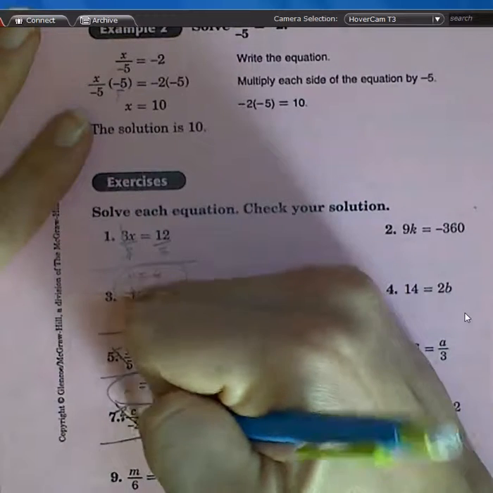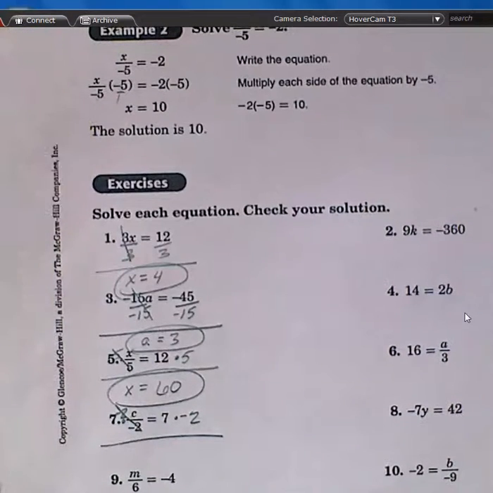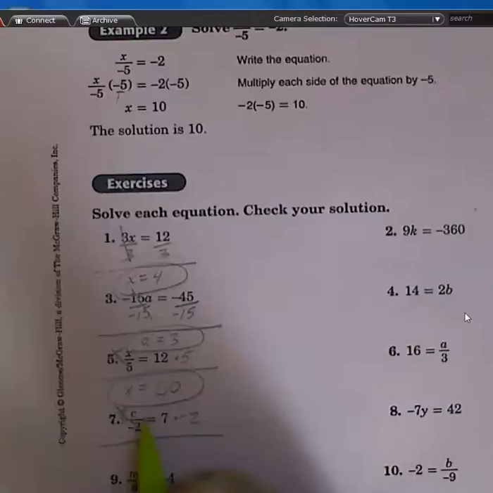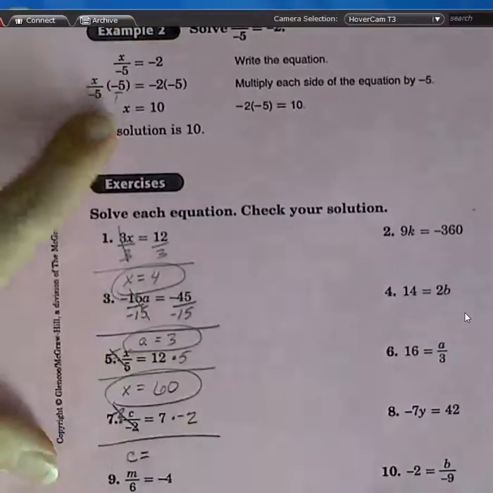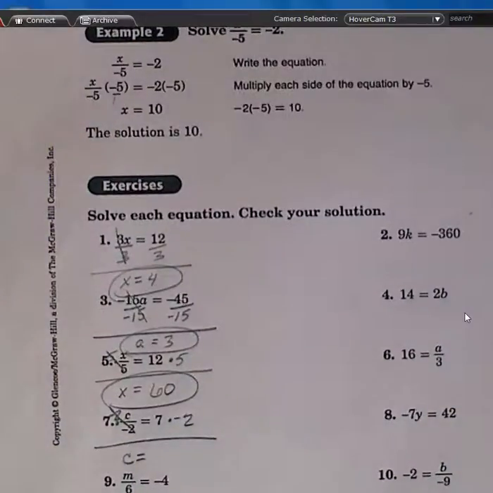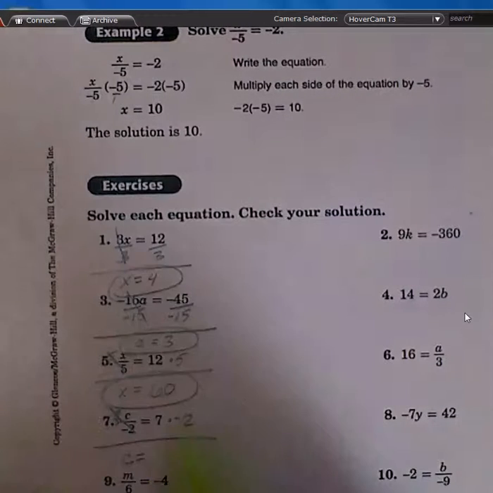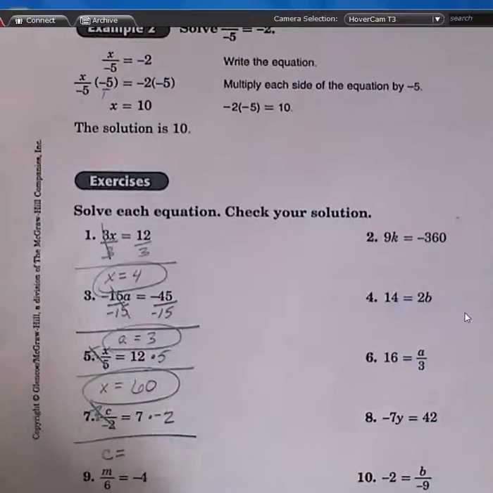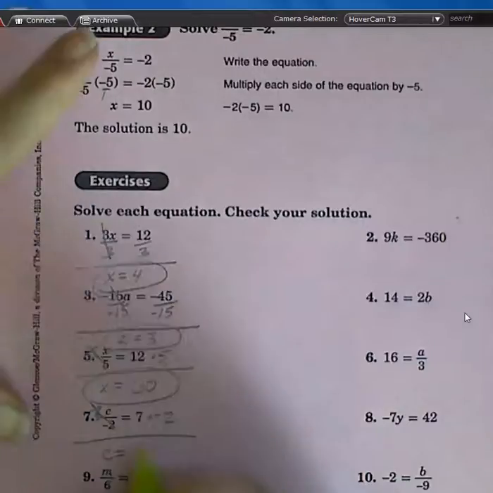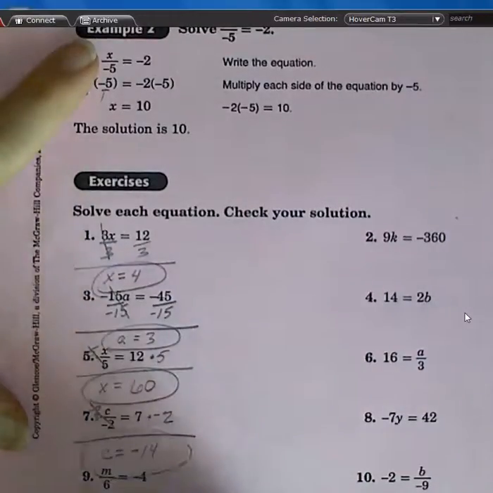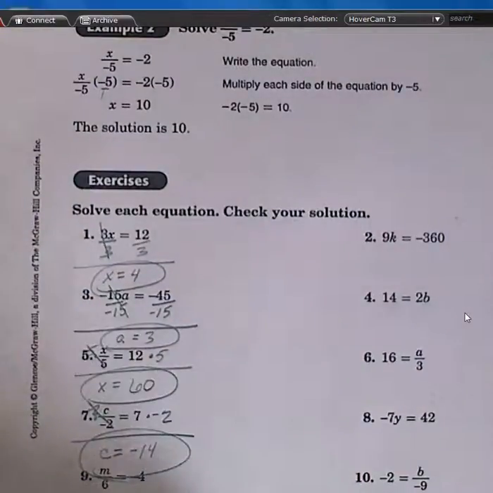So, negative 2 divided by negative 2 is what number? 1. So 1 times c will just be c. It's all by itself now. It's always the goal when we're solving equations to get the letters by themselves. And 7 multiplied by negative 2 is? Negative 14. Good. Your task today is to do all of the problems on both sides, showing your work. When you think you're done, you're going to check it against my blue papers, and then you're going to